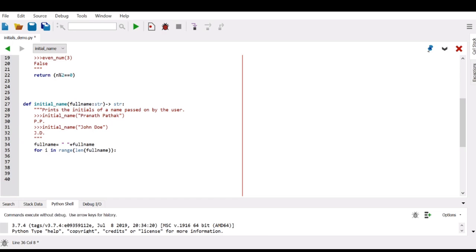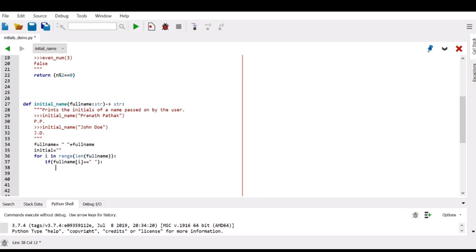And now all we have is a very simple conditional. Since we are returning a new string, we can create that new string here so that it is nicely initialized. Now we just check if full name at i is equal to a blank space.